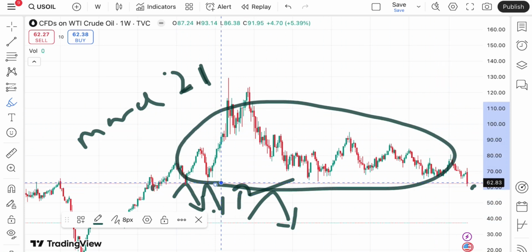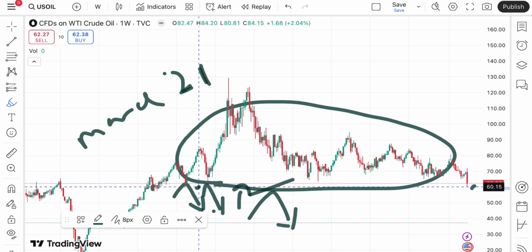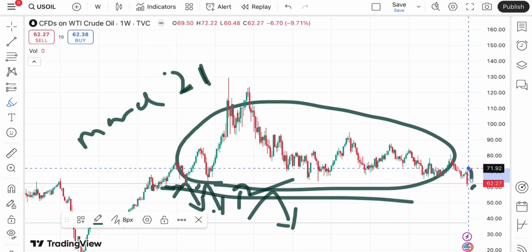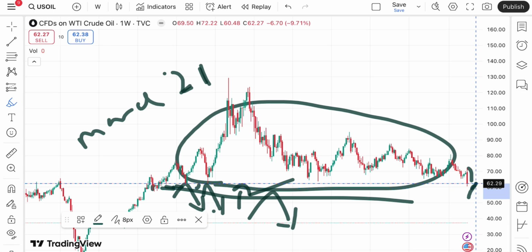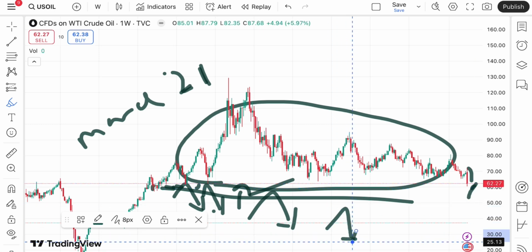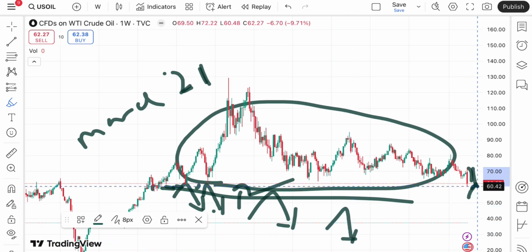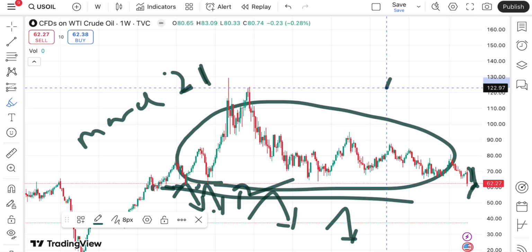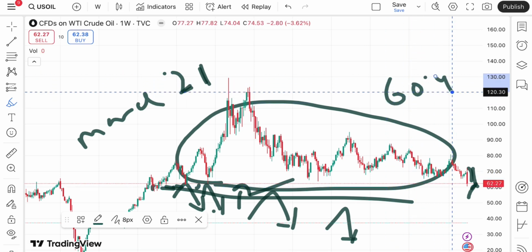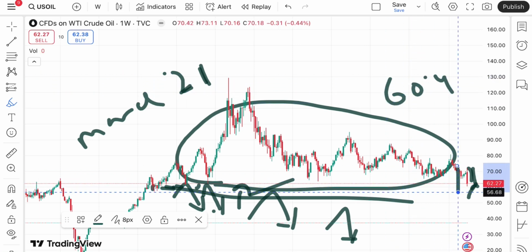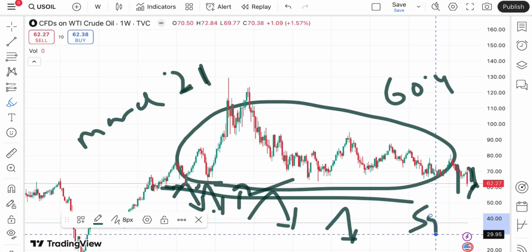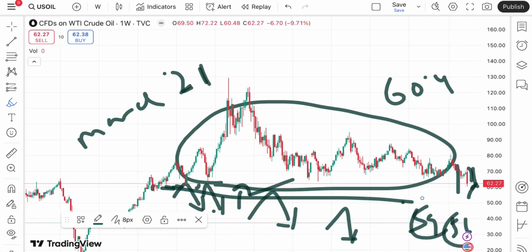Just now it has broken this particular zone because the price has moved out of a level of around 61.2, which is the low of this point. So the price has moved out of this zone. Chances are high that if the price bounces back from this level, we can see a further downfall towards 61, and from there it will touch a level of 60.4. And if that doesn't sustain, a further fall we can see below a level of 59 to a level of 56 also.